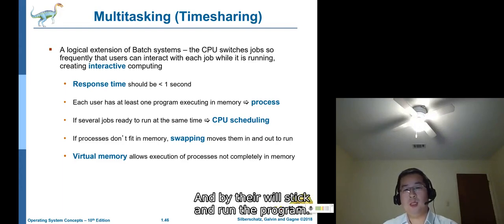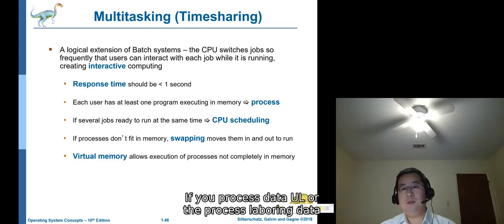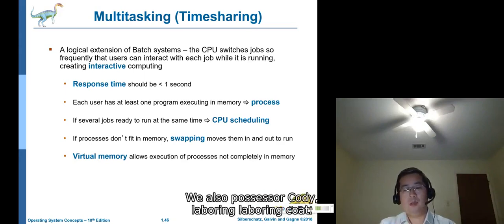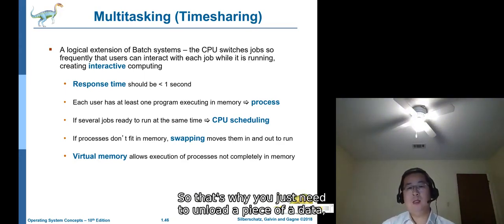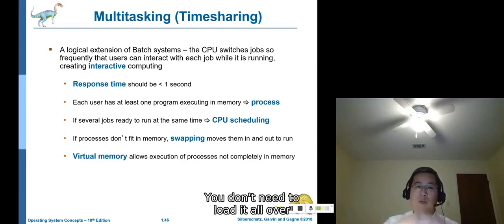We can still run the program, because processes usually have some characteristics. If you process data, you will always process neighboring data. You don't randomly jump back and forth. If we process code, we also process neighboring code. So you just need to load a piece of data, a piece of code. You don't need to load all of them